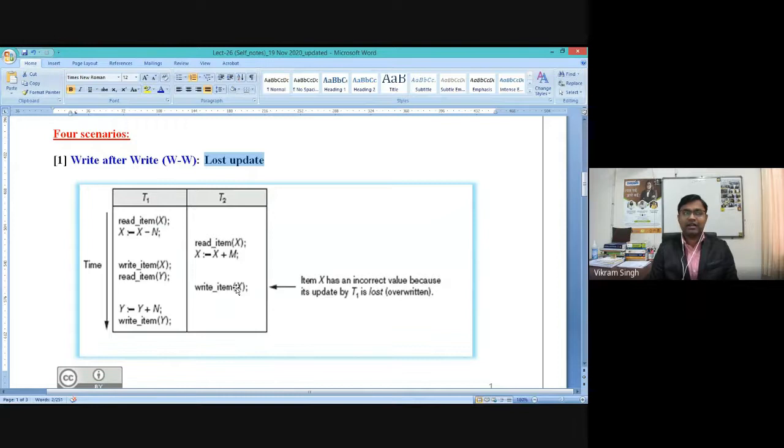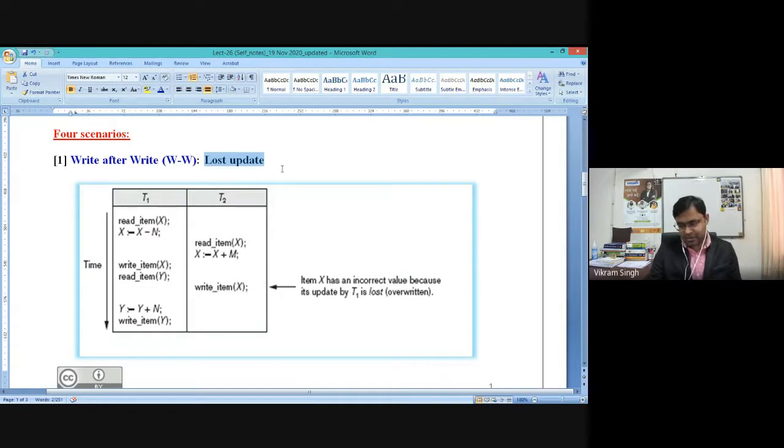Whenever we have these kinds of interleaved transactions, and interleaved means there is one operation from T1 on the data item X, and in the very next moment there is a transaction T2 which is trying to update the same data item X, then we have the next instruction, and so on. We used to call them interleaved, or concurrent. Concurrency is okay, but whenever we have this interleaved arrangement of operations, there might be the possibility of errors or failures, a loss of something, right? So this is the very first scenario.